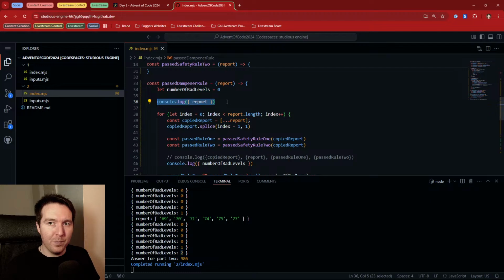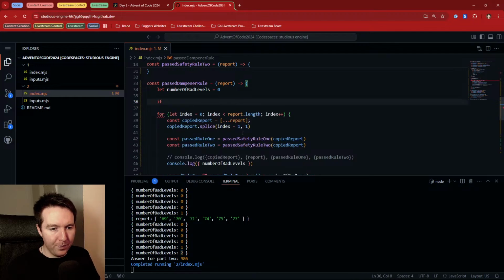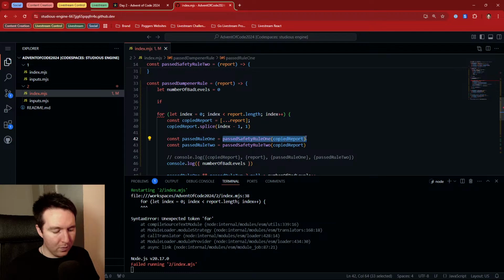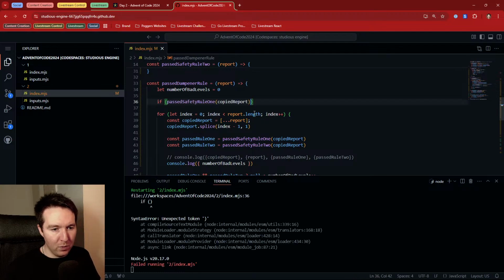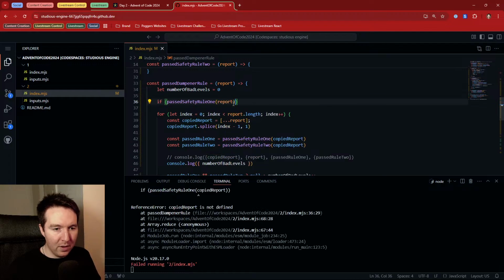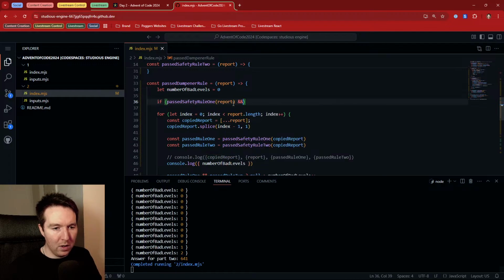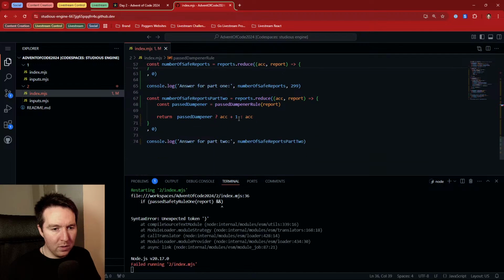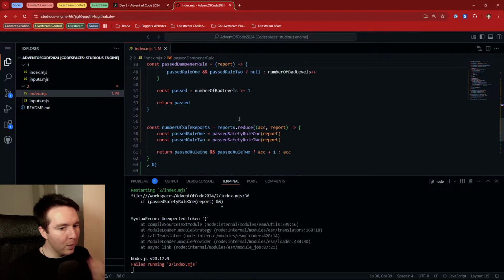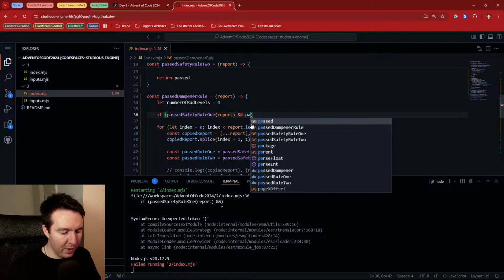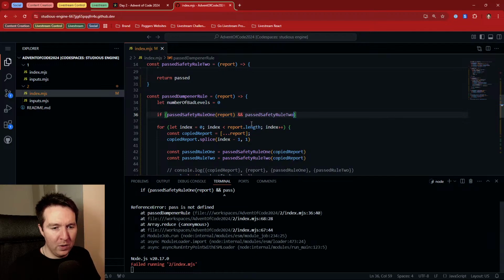So if it passes, then we don't need to check through it. That could be a red herring. So if you passed safety rule 1 off the bat and passed safety rule 2,